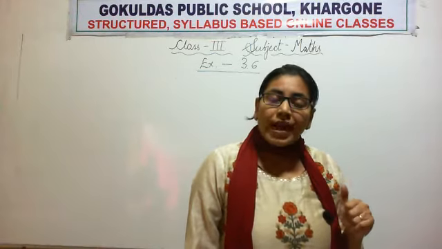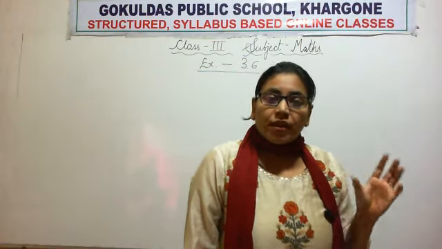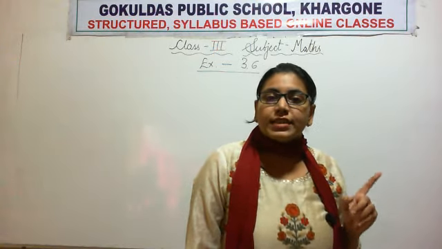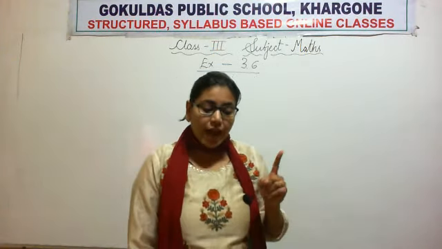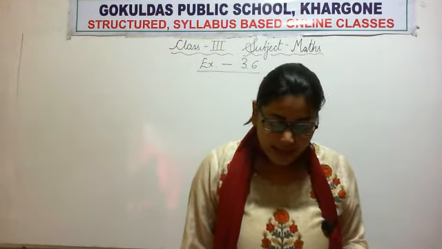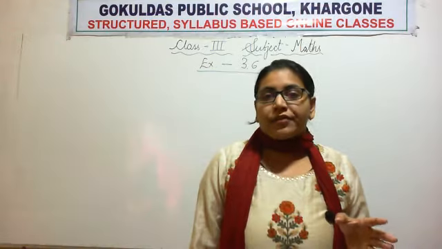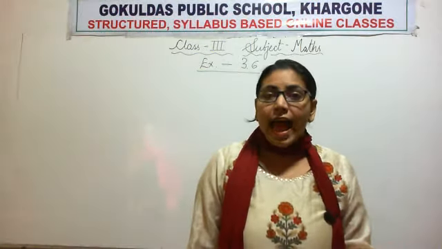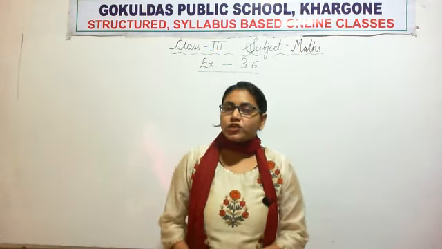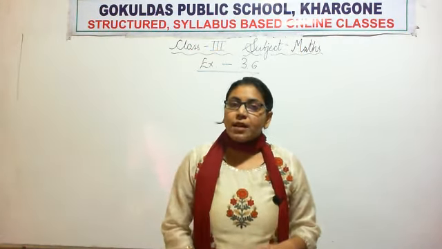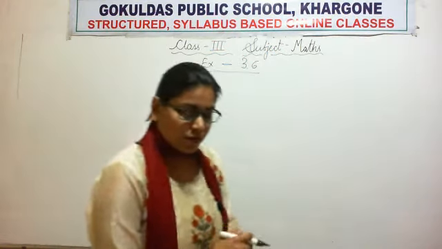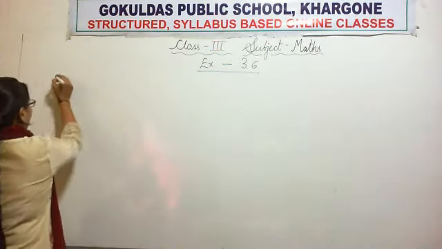When we will add the rounded off numbers, then we will get estimated sum. And if we add the actual numbers given by the question, then the result whatever we will get after adding, we will call it as actual sum. When we will add actuals, we will get actual sum, and when we will add rounded off numbers, we will get estimated sum. Okay, so if you write down the question.